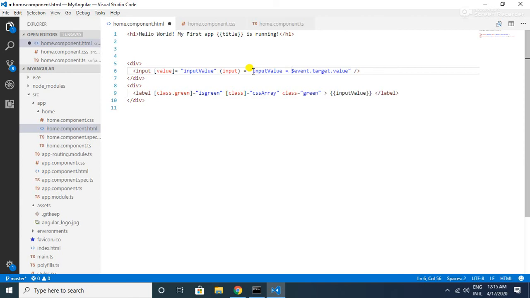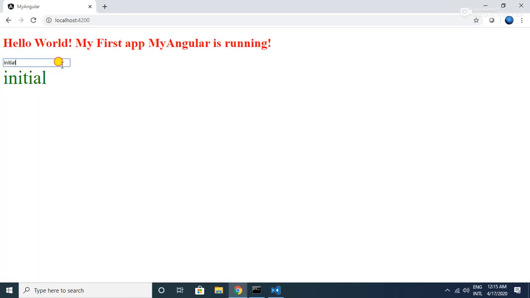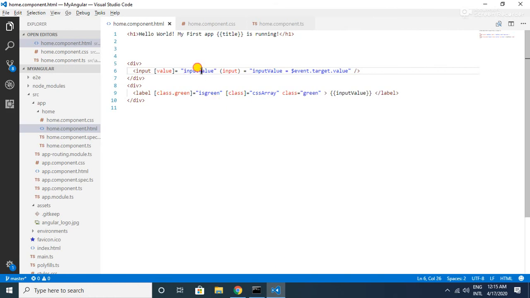Now let me save this and see the browser. Now if I update some content, it is reflecting back in my label. So what we are doing here is mixing property binding along with event binding.